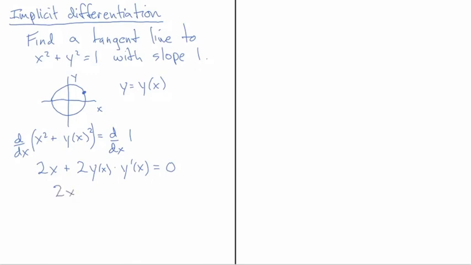And so I get 2x plus 2y of x times 1 is equal to 0. And so if I solve, I get 2y of x equal minus 2x, and then divide by 2. So we have y of x is equal to minus x. The 2's cancel. Okay, so that means that the x and y coordinate have the same size but opposite sign. Okay, that means they have to be somewhere along the line y equal minus x. So if I put that in,